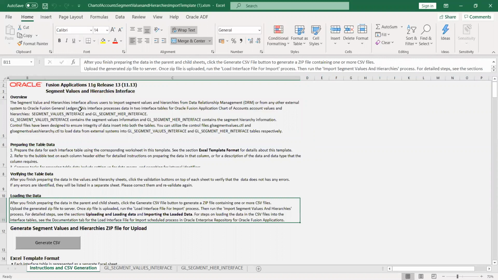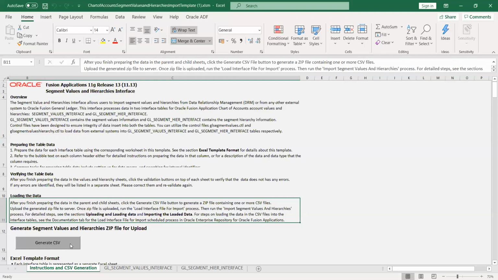After we load our data, we have to click the button called generate CSV. This will generate this Excel sheet as a CSV file, saved in our local drive.